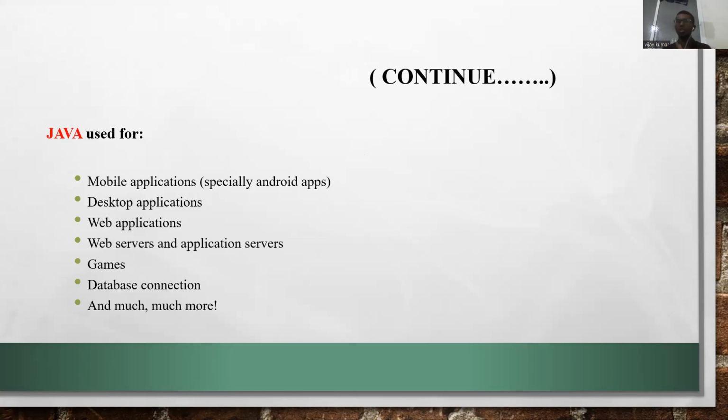Java is used for database connections, that means whatever we have to store into the database and how to retrieve it, we can use Java. So these are the things Java is used for: web applications, desktop applications, web servers, application servers, games, database connections, and much more.